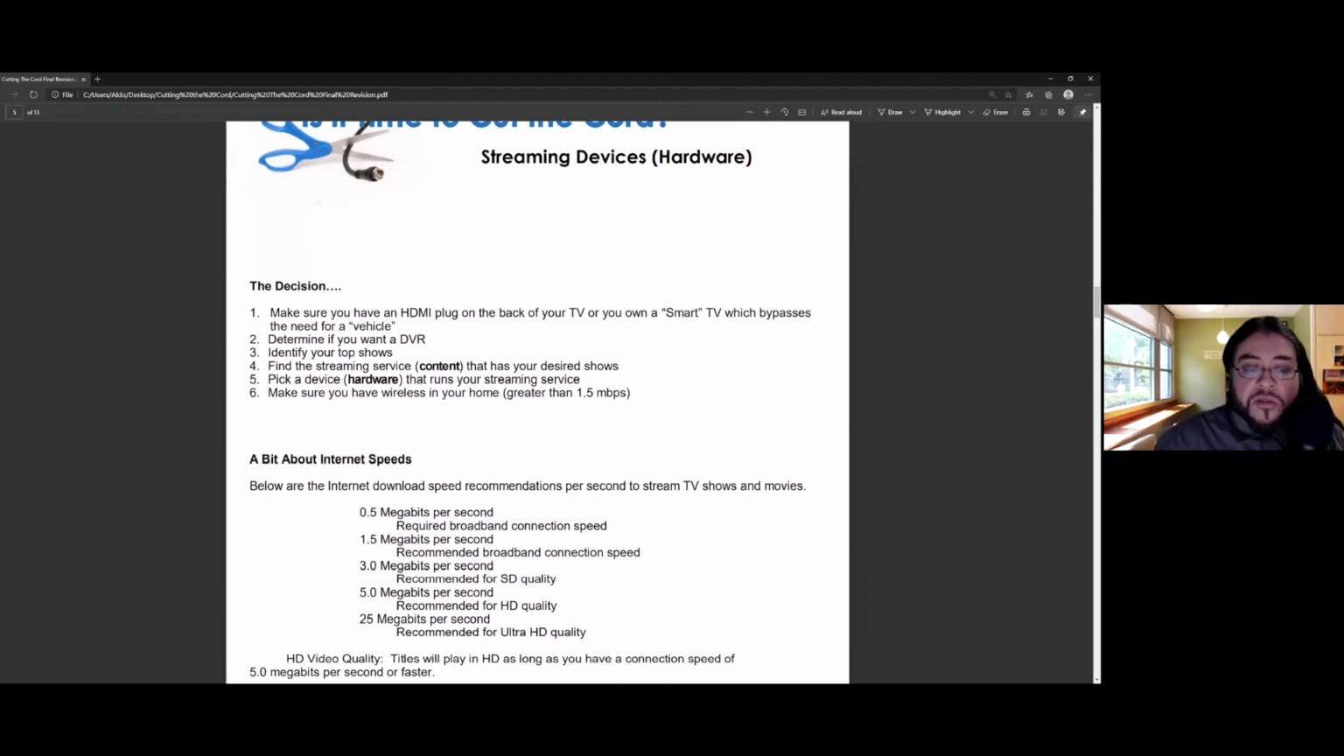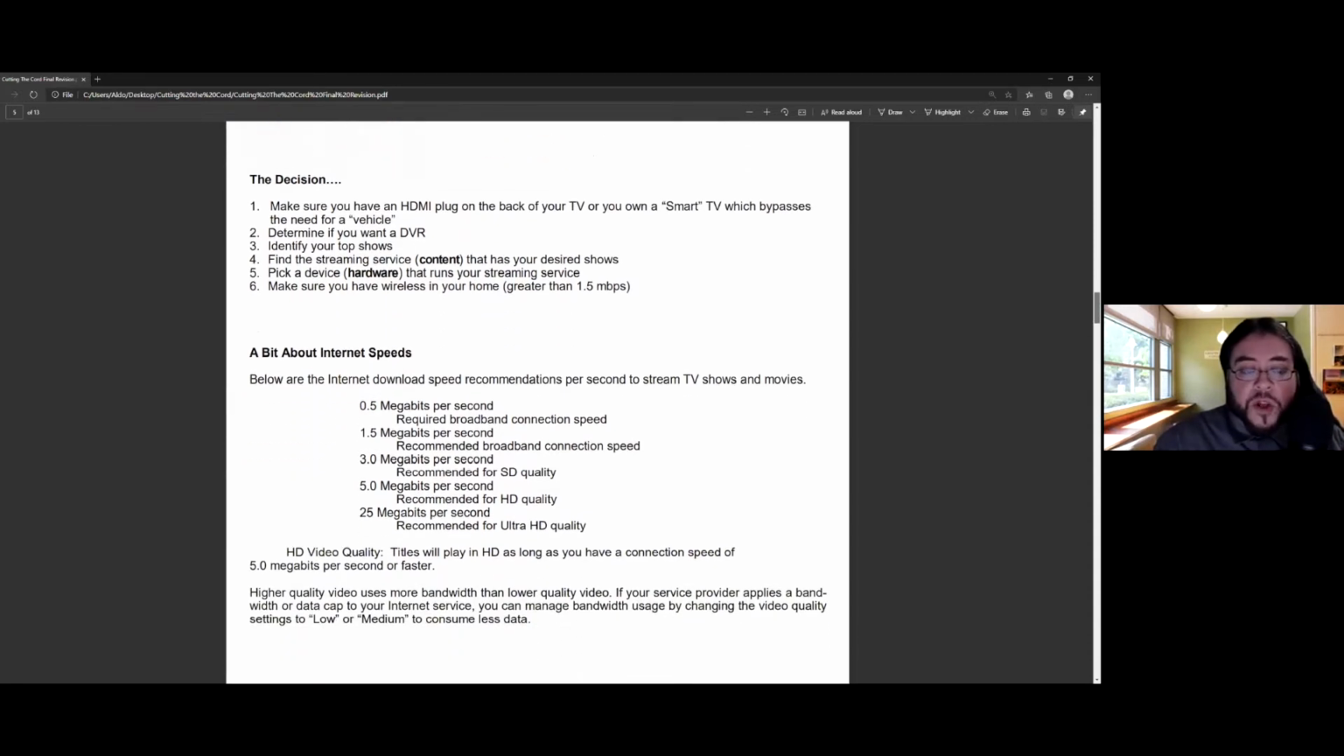You want to determine if you want a DVR, which, as I mentioned in the beginning, is a digital video recorder. You want to identify your shows and find the device that maybe caters the best to that option. So with hardware, as I mentioned before in the beginning, with the megabits per second, you definitely want to check with your service provider for your internet. Check the plan that you're in and look at your speeds. In most cases,